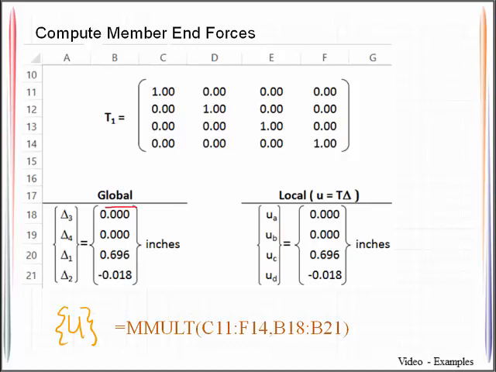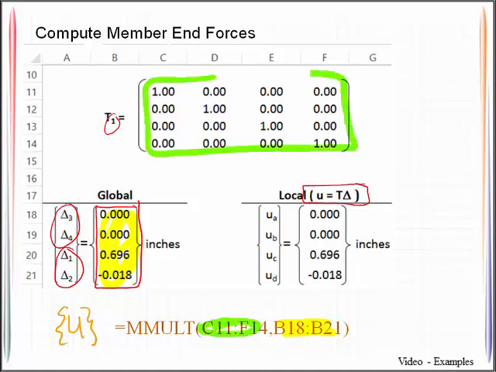We then take the displacements associated with that member, in this case member number 1, and that's degrees of freedom 3, 4, 1, and 2. We have those in the global coordinate system, and then we perform this transformation to get it into the local coordinate system. This we have right here is my global vector, and here is my transformation matrix,